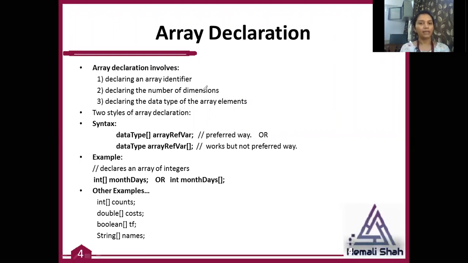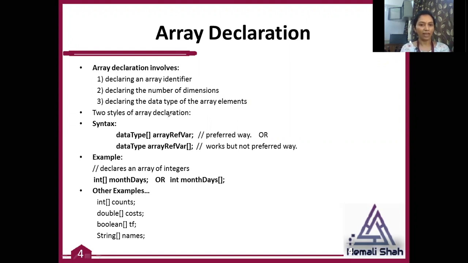You can create n number of dimensions inside your array. And third, you need the data type of the array elements. Which type of data you want to store decides your data type.